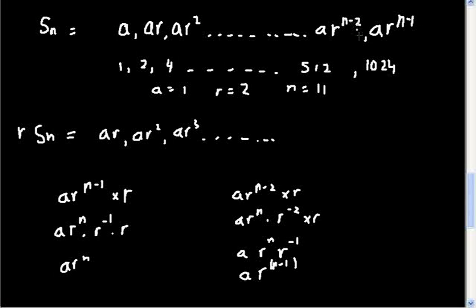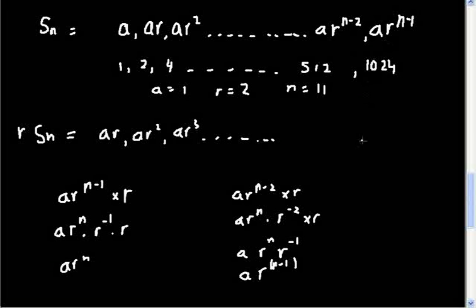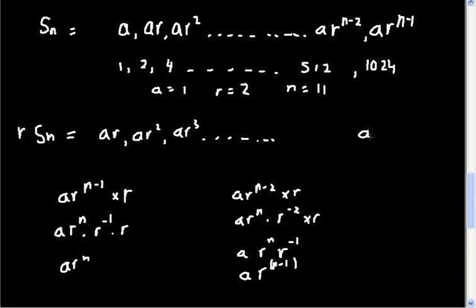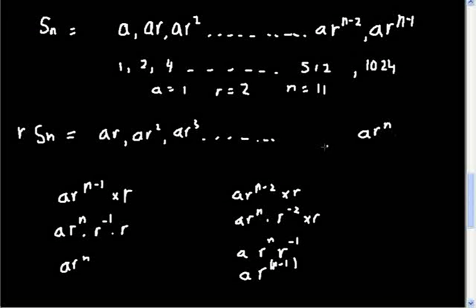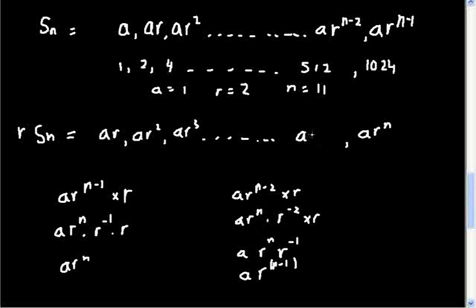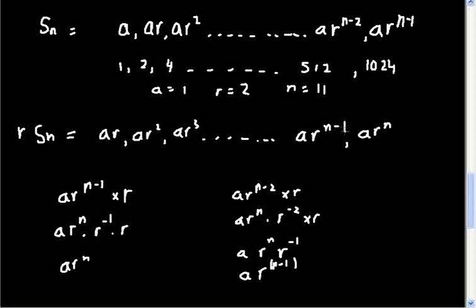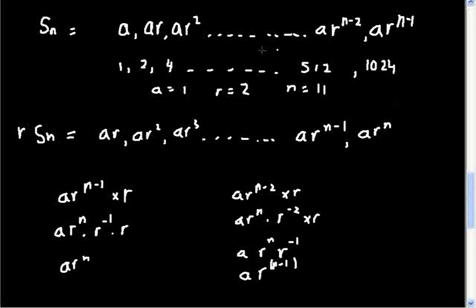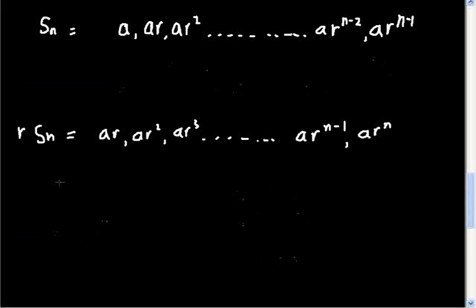So that becomes ARn, and that becomes ARn minus 1. Okay, I'm just going to take off the unnecessary bits here that I wrote to explain this better. So I'm going to take off this, and I'm also going to take this one off. Let's do a quick recap. This symbol